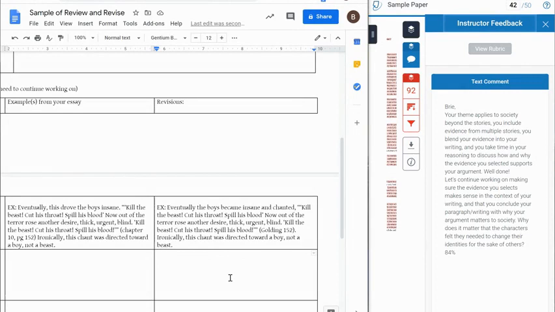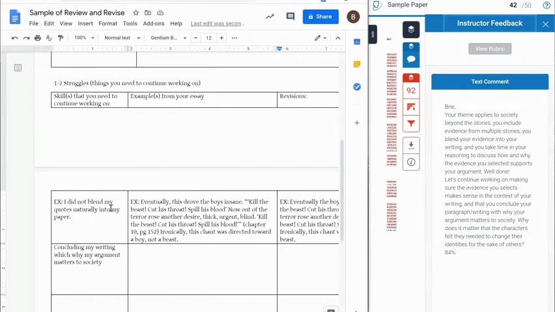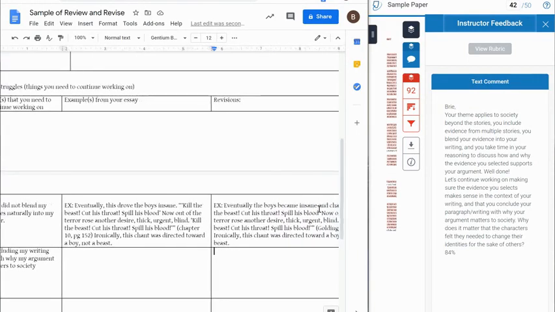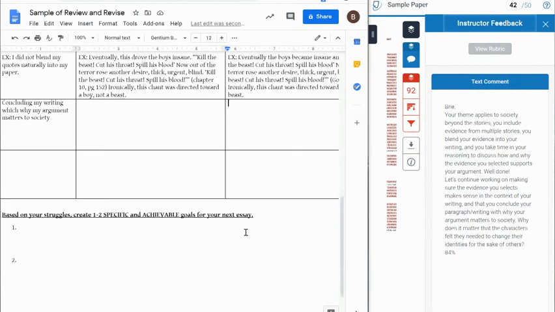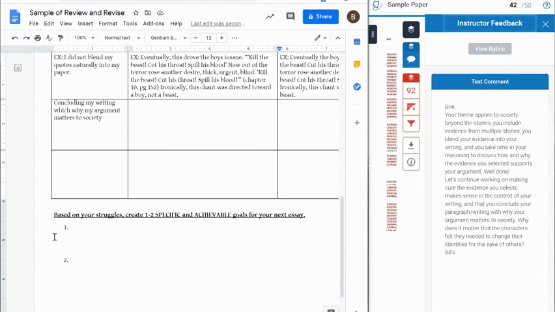Okay, so writing 1 sentence. Same for if I asked you to blend your quotes into your writing. I put how I didn't blend them, and then right over here, I blend it into my writing. I just do my best. Okay, lastly,